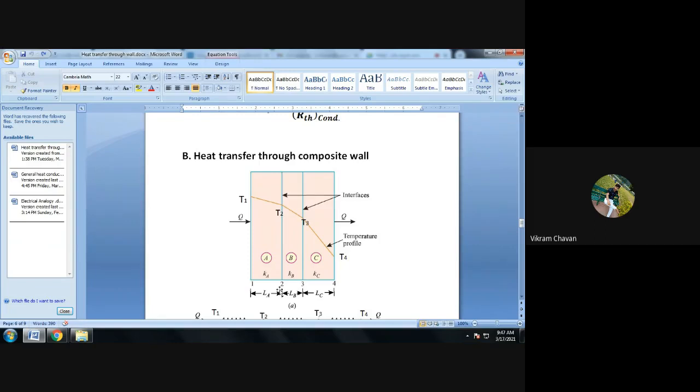That will be the composite wall if you are coloring the wall, because we are adding one more thickness over the base wall by doing the painting or by coloring that particular wall. So in a similar fashion, you'll never do the half coloring of a wall. If you want to do it, you have to perform the coloring, or you have to perform the insulation over the complete wall. Okay, so the area perpendicular to the heat flow will be the same for A, B, and C, which is equal to capital A.